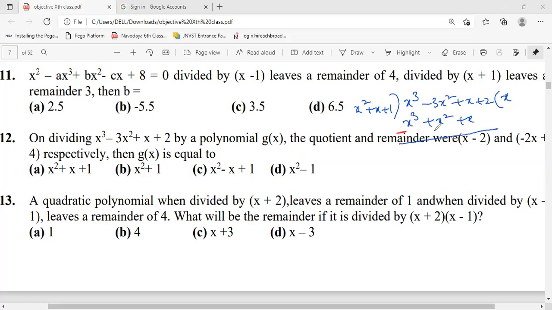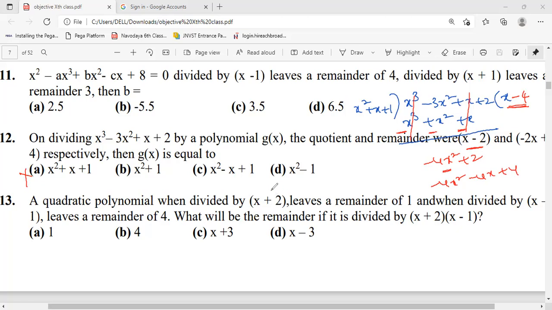If you don't know this division procedure, just go through the videos, then you will understand easily. So here minus 4x square. Again this plus 2 will come here. To get minus 4x square, here we have to write minus 4. If you write minus 4, this will become minus 4x square minus 4x minus 4. We need the quotient x minus 2 here, but we are getting x minus 4. So that is the reason this is not our option.